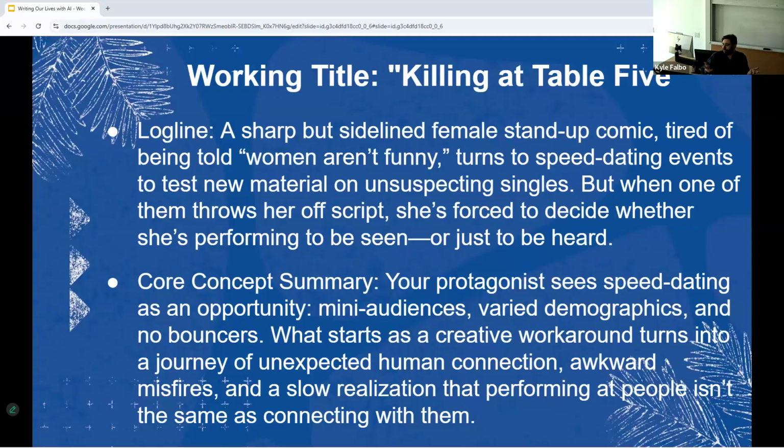And so I was like, let's see what AI comes up with, right? And so I start putting some of that stuff in, and I don't know a lot about screenplays. I've done a little bit of playing around with AI and screenplay writing, just with some other concepts that I've got. And so this is what came out, right? So, working title: Killing at Table 5. I like it. That's okay, but it's just a title. The log line. I don't know what a log line is, but maybe it's something related to screenplays.